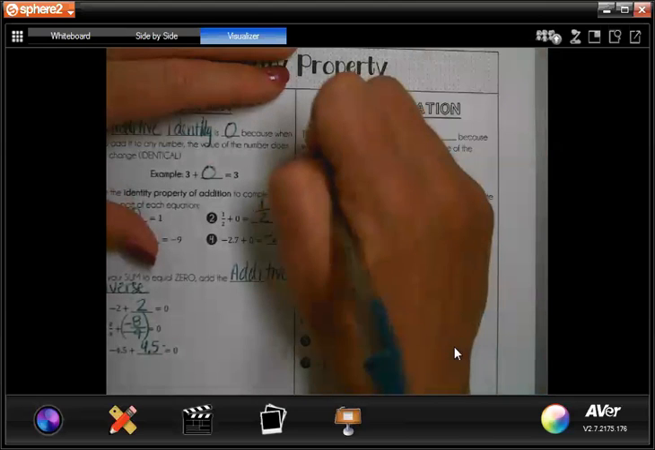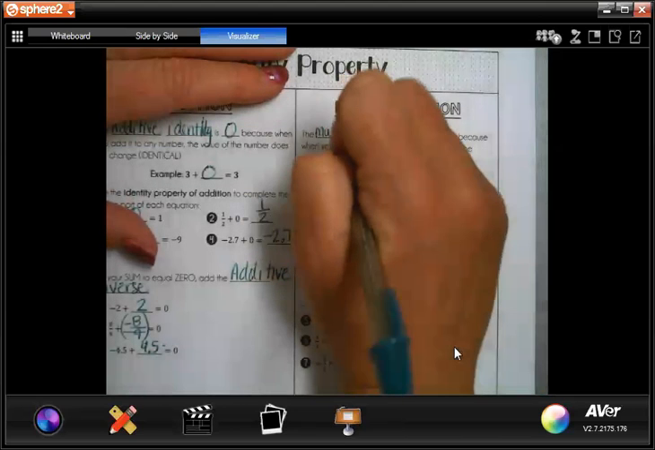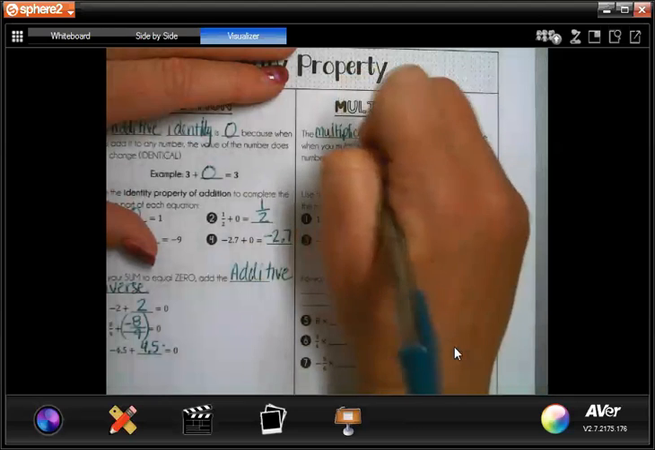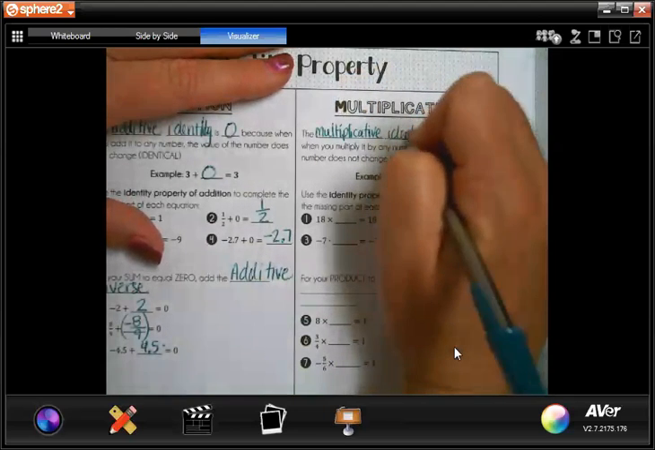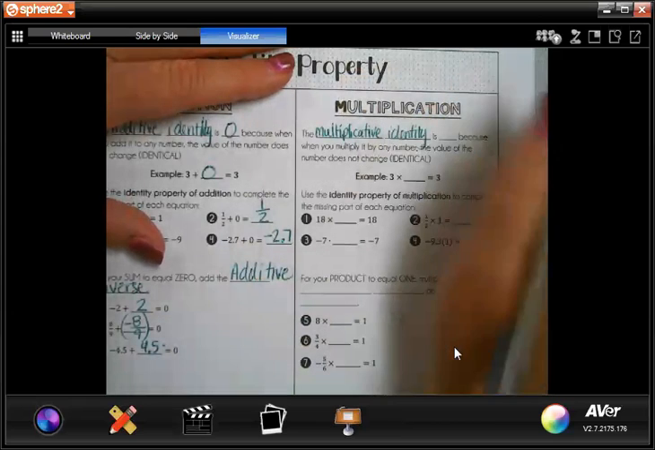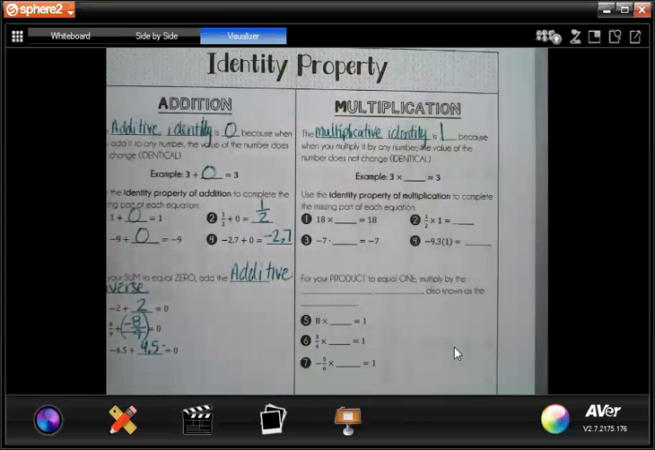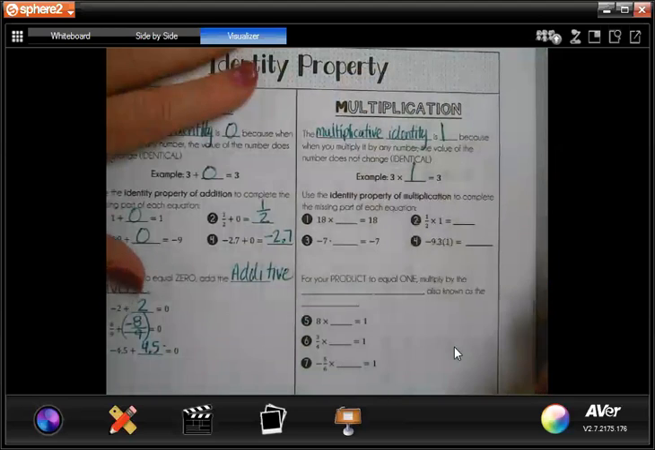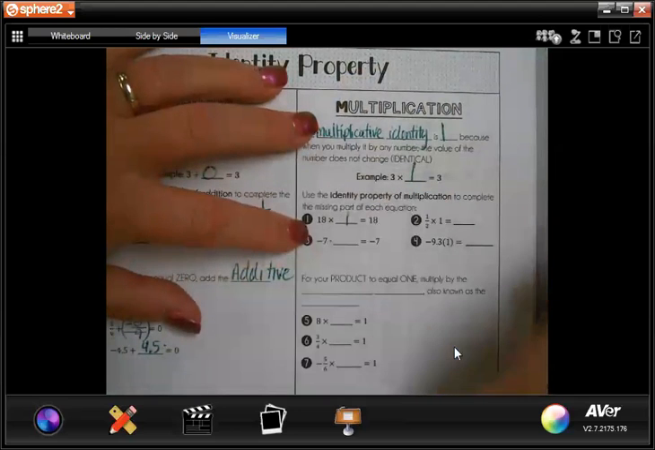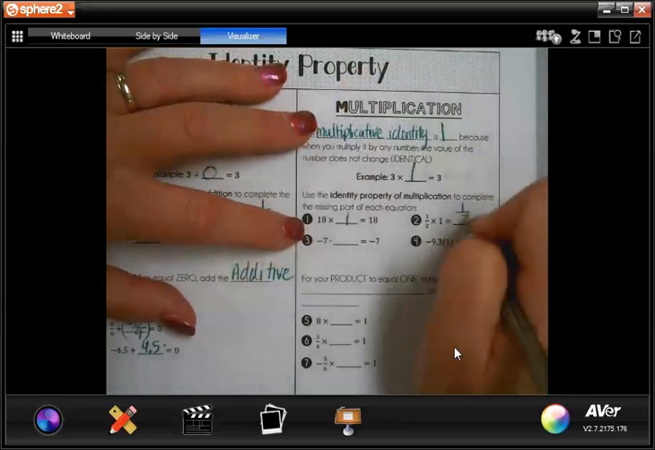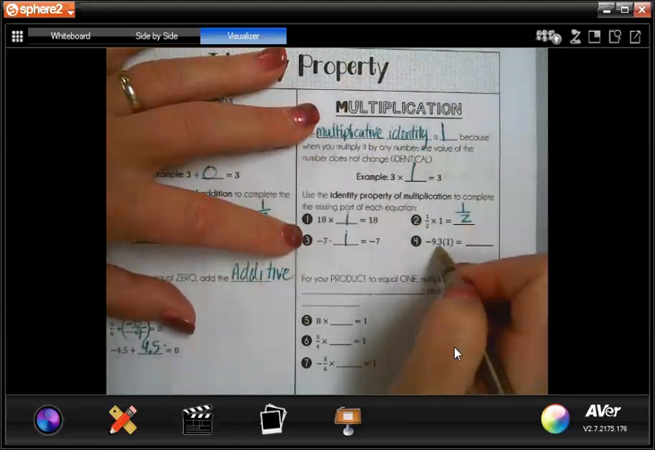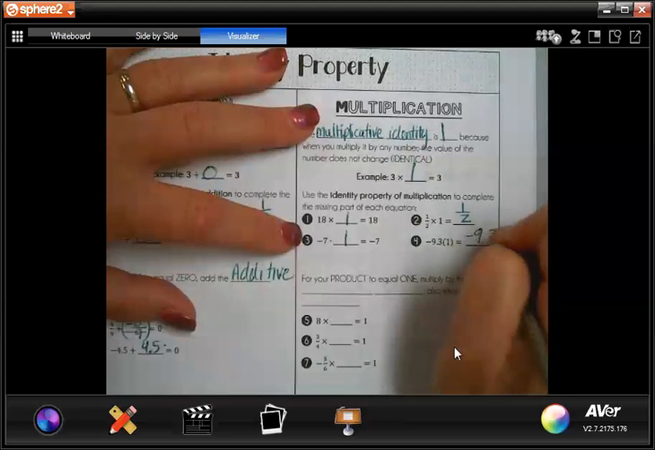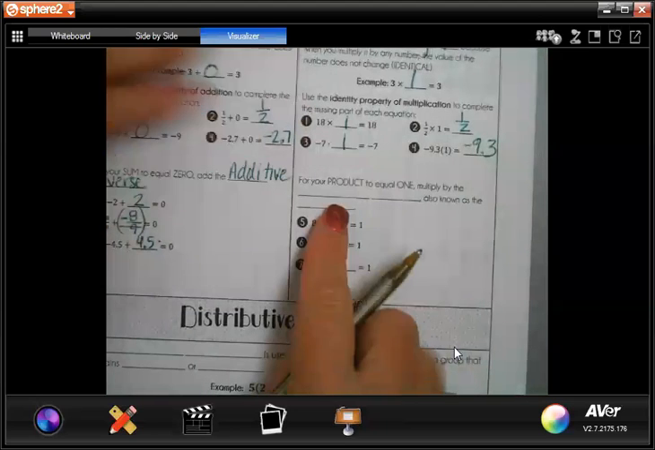So the multiplicative identity is 1. So 3 times 1 is 3. 18 times 1 is 18. 1/2 times 1 is 1/2. -7 times 1 is -7. -9 3/10 times 1 is -9 3/10. Okay. So for the product,